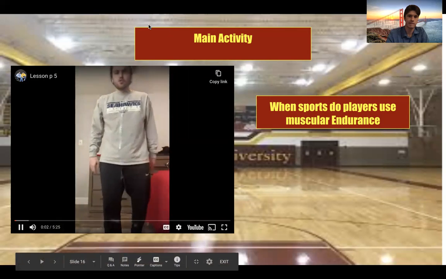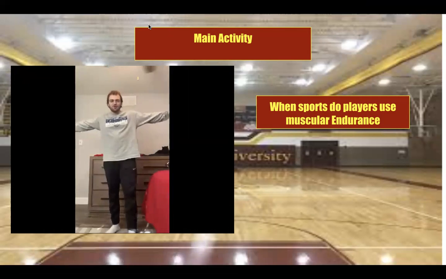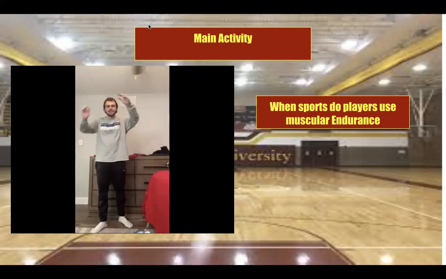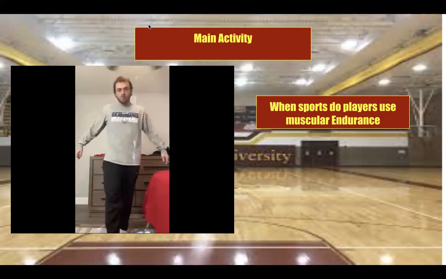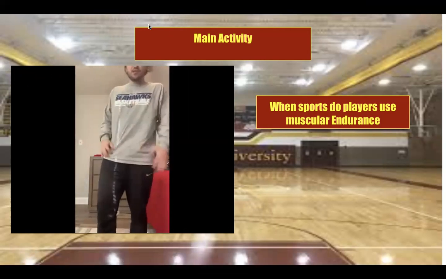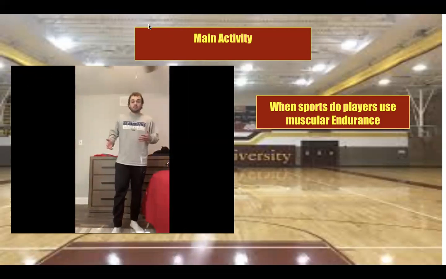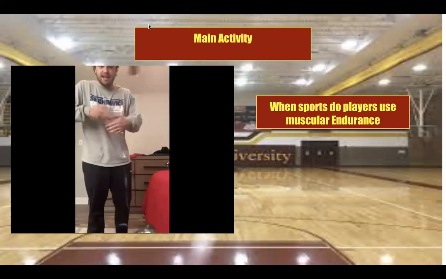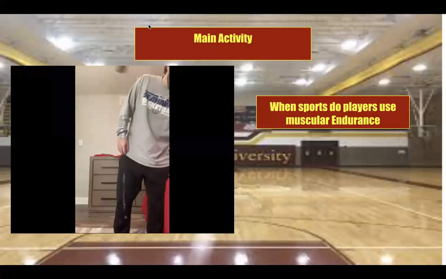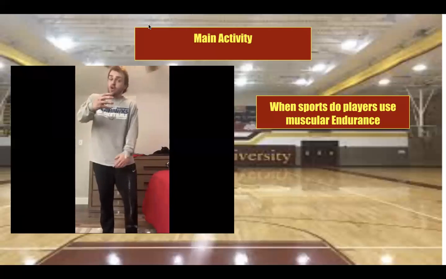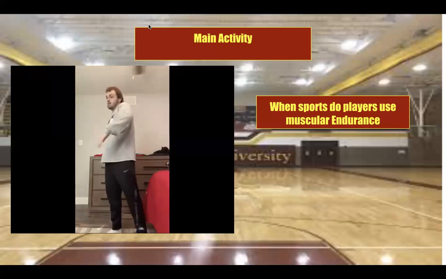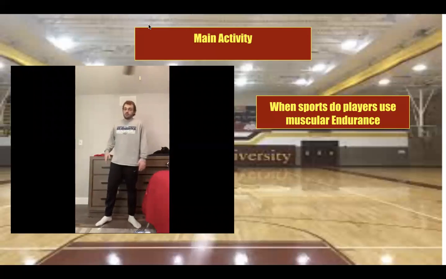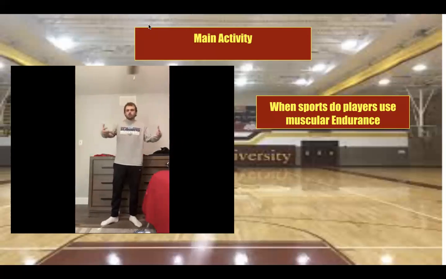Hey everyone, it's Mr. Crew back for the main activity that involves muscular endurance exercises as we've been doing all day. We had our warm-up that focused on dynamic stretches, so the next thing we're going to do is our muscular endurance main activity circuit workout. Just to let you know, we're going to do 4 exercises. So if you want to, get a nice clear space, with a little bit more room than you had for the warm-up.